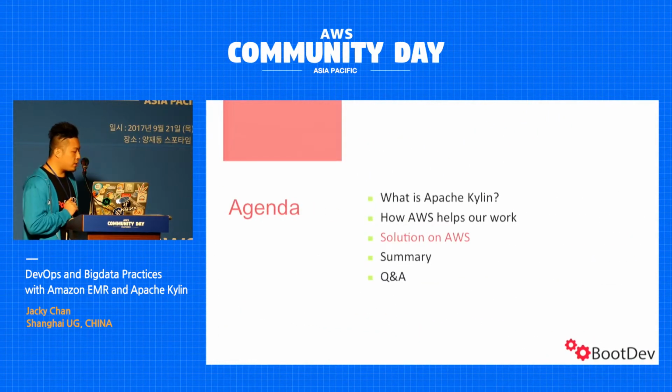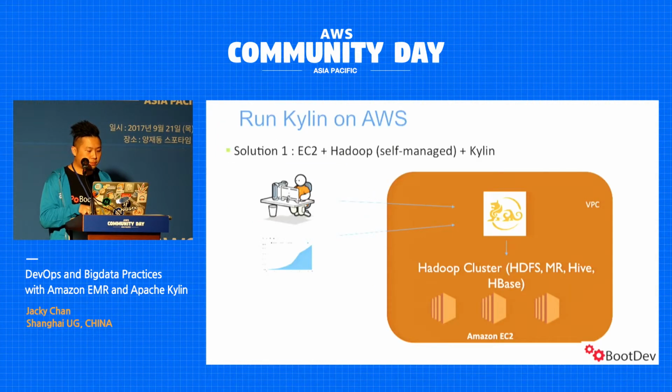Okay, the third agenda of my presentation is how we are doing Kylin on AWS. We have had requests before from people who don't want to use any cloud service itself, because they think migration of applications from cloud to cloud or from cloud to another platform is not that easy. So they ask us to deploy everything on native EC2 instances, and we still do it. And on EC2